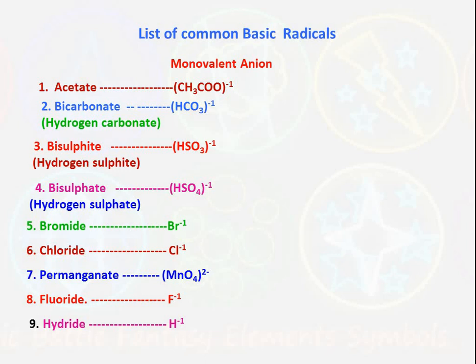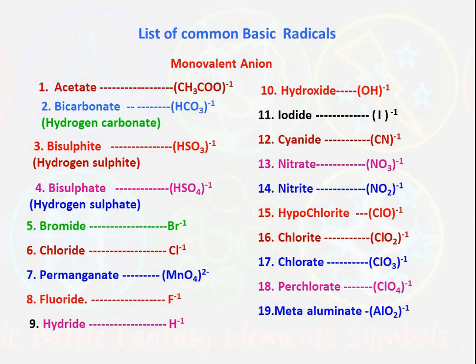Fluoride F minus 1, hydride minus 1, hydroxide OH as a whole minus 1, iodide I negative, minus 1, cyanide CN as a whole minus 1 charge, nitrate NO3 as a whole minus 1 charge, nitrite NO2 as a whole minus 1 charge, hypochlorite ClO minus 1. These are very important. Note down from 15. Hypochlorite ClO minus 1 charge, chlorite, when the oxygen is 2, ClO2 as a whole minus 1